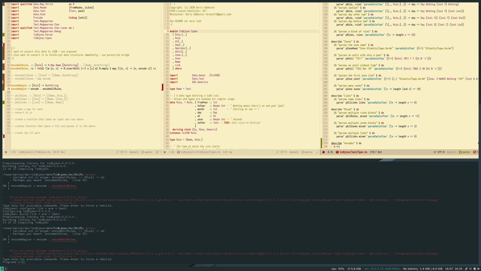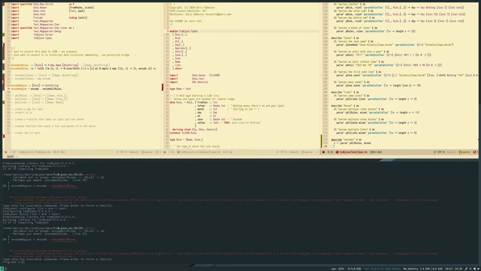So we can do it's parse p all rules mixed. Will this work?